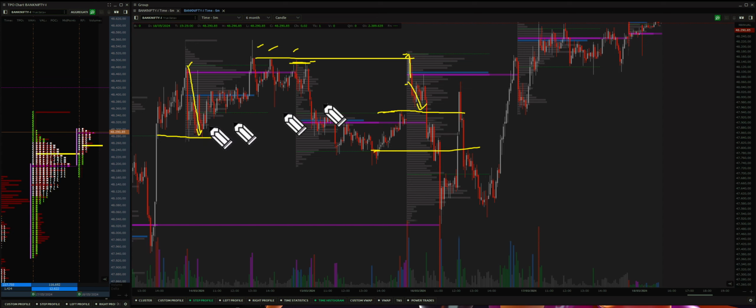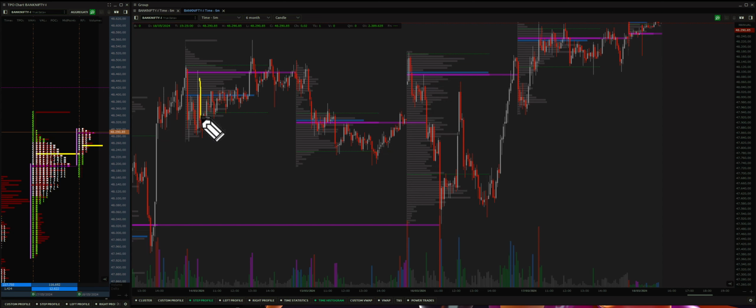So till this point the scenario is exactly the same, but here we saw a lot of rejection happening. When we take a long here, we expect the POC to touch and then the value area high maybe. Over here we see one rejection, so one trade is good. We get the touch to the POC, which is a very good trade the first time it happens. It again fails, but look at the difference in the bars that happen here and here. On this attempt it fails again, but over here on this attempt it doesn't fail